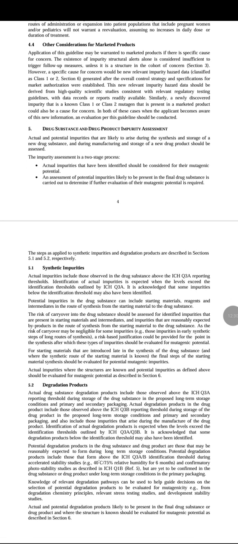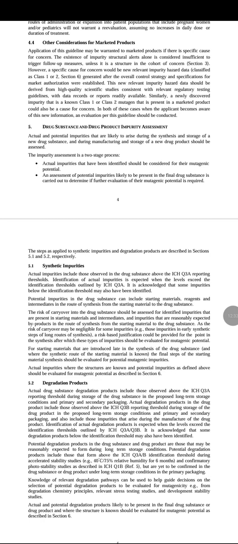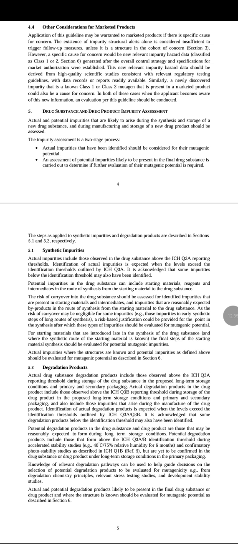Then other consideration for marketed products: application of this guideline may not be warranted for marketed products if there is a specific cause for concern. The existence of impurity structural alerts alone is considered insufficient to trigger follow-up measures, and that is a structural alert short of concern. However, a specific cause for concern should be